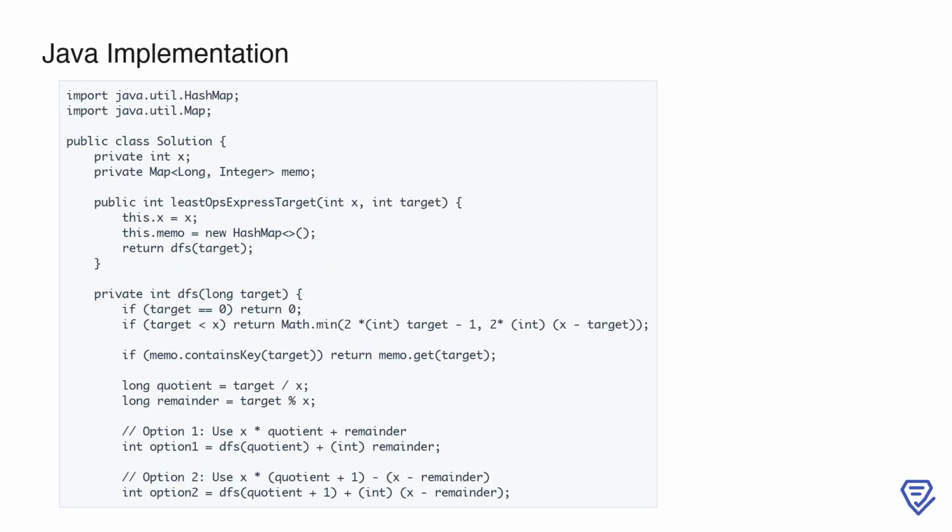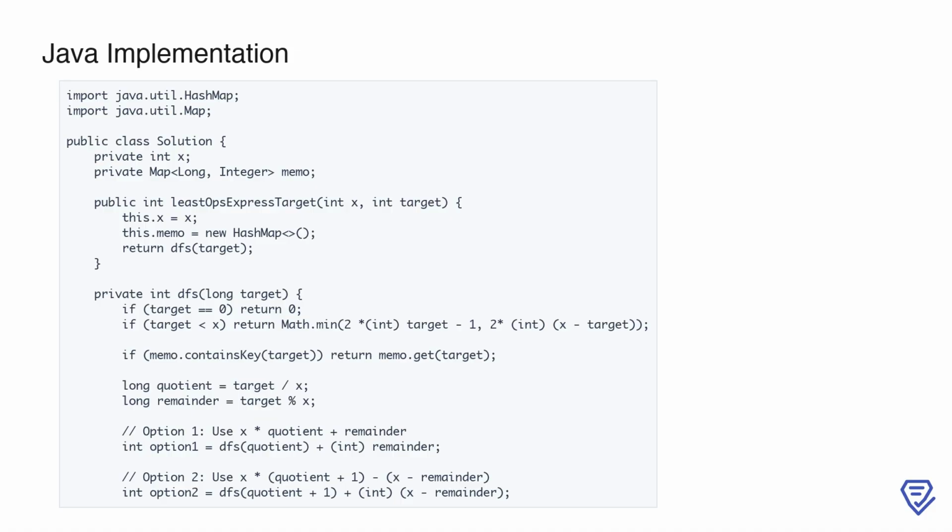Here, we start by importing the necessary libraries and defining the solution class. Inside the class, we have two key members, an integer x to store the base value, and a hashmap memo to memoize intermediate results for optimization. The main method, leastOpsExpressTarget, takes in the base x and the target number we want to express. It initializes the x and memo variables, then calls the helper method DFS to compute the minimum number of operations